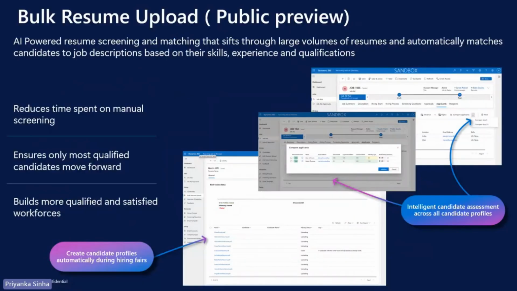And then additionally, we have this bulk resume upload feature in public preview. So if you see, in today's fast-paced hiring environment, companies face the challenges of sifting through large volumes of resumes to find the right candidates, which often leads to delays and missed opportunities. So our AI powered resume screening and matching solution addresses this problem by automatically analyzing and matching the resume to